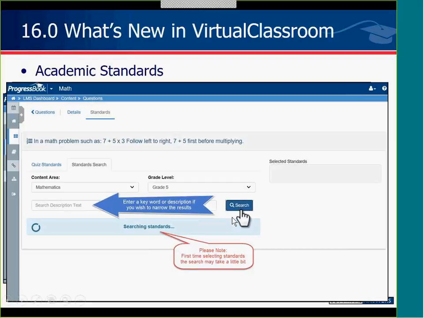Please be aware the first time you are searching for standards in an area, it may take a little bit for your search to come because we're connecting to them and bringing them in. Once we've connected, then it's going to move a whole lot faster. So click search